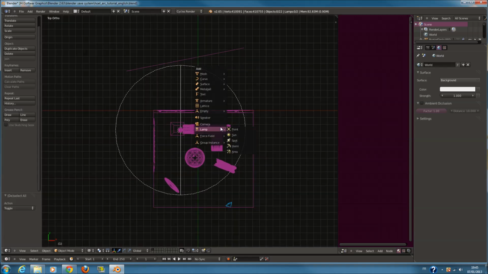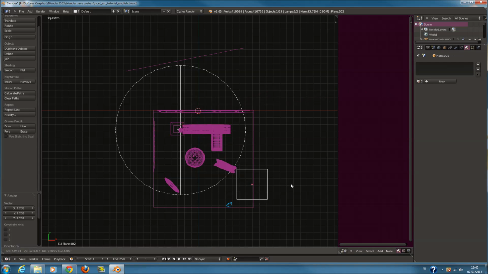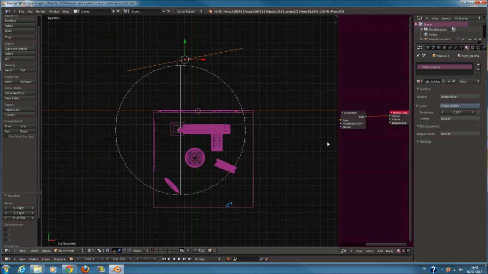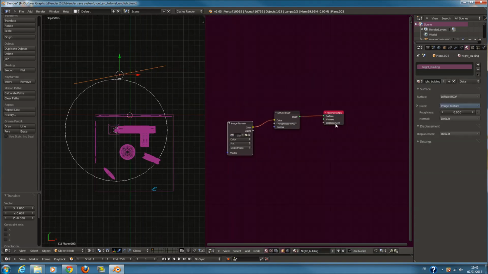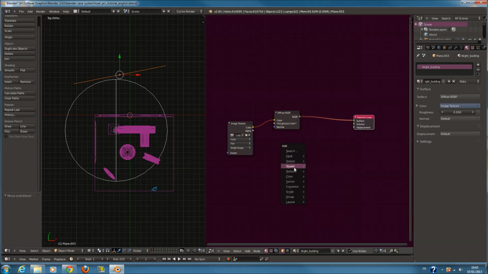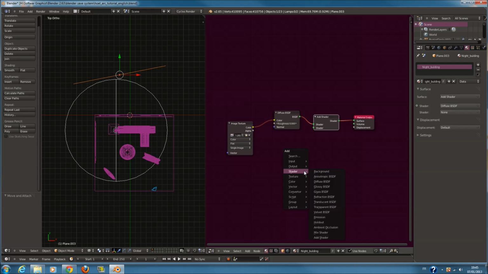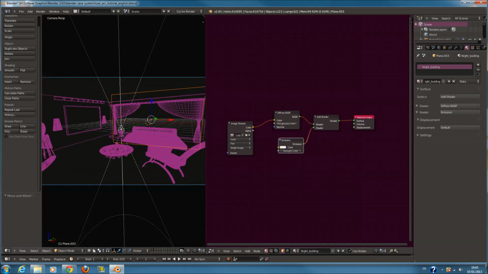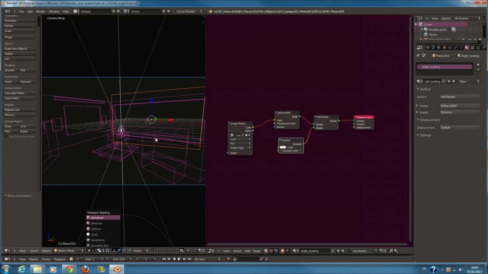Control C. I had my plane. Rotate 90 degrees. Oh yeah, and I want an emission coming from the city. So it's really easy to do this. Select the city here and add, not the mix shader this time, but add shader, and I want an emission, a simple emission here like that. Good. So it will increase a little bit more the light inside this home,